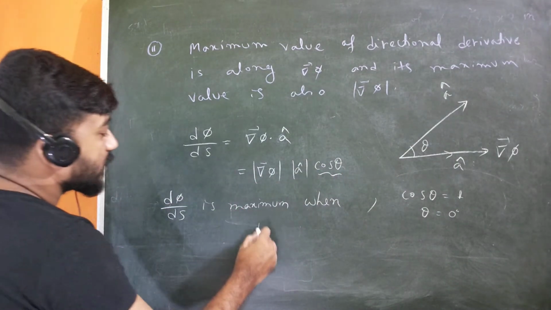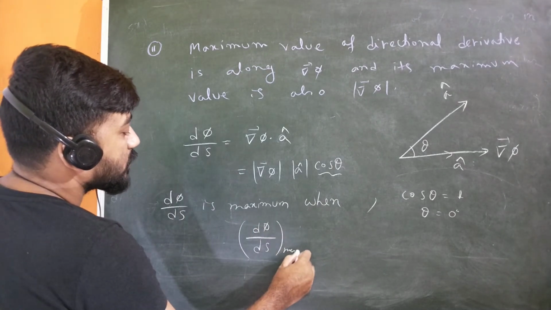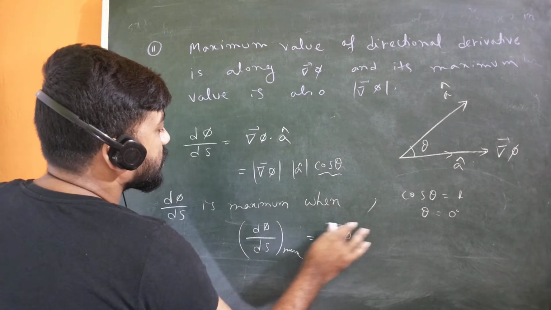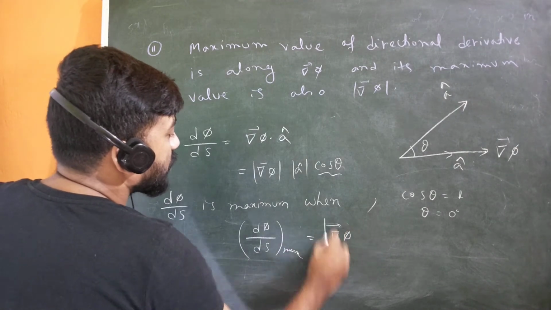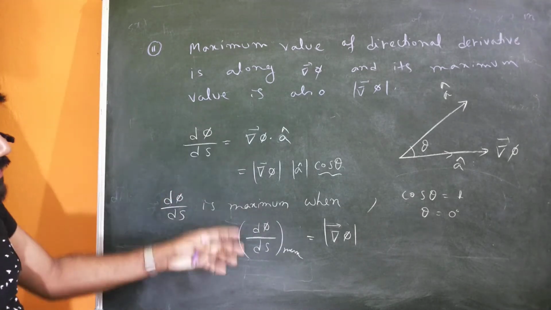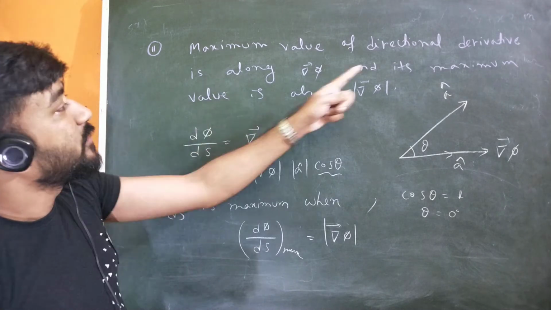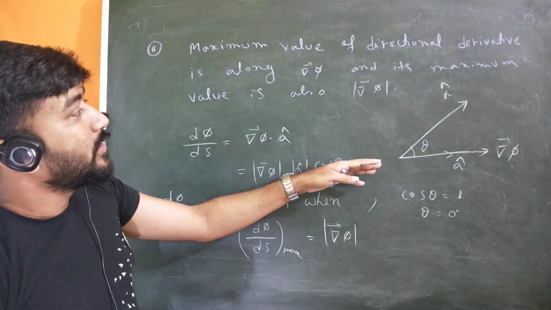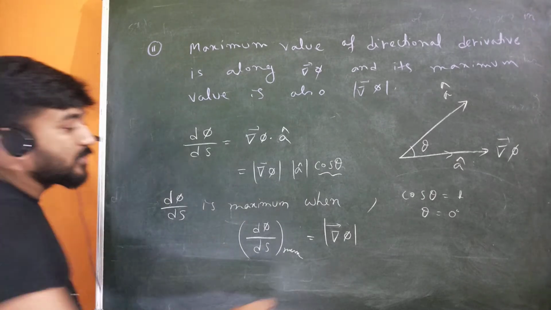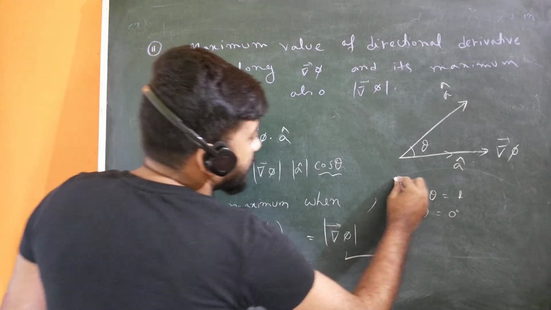So what will be the magnitude of dφ/ds? The maximum value of dφ/ds will be just mod grad φ, mod grad φ into 1, because the value of a cap is 1. So it is obvious from this discussion that the maximum value of the directional derivative is along grad φ, and its maximum value is also mod grad φ. Okay, so this is the maximum value, and this equation cos θ is equal to 1,